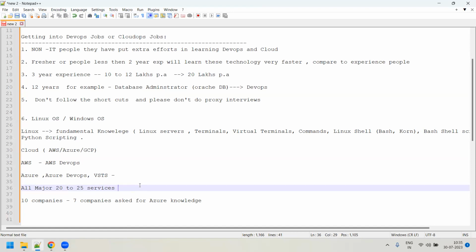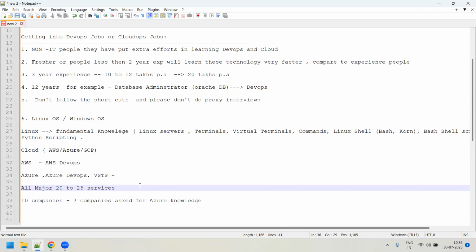Tell in an interview process that you know only these things, because what happened, right? They might ask you many things in cloud technology which you might not be aware of at all. But still, with these 20 to 25 services, whatever you talk about, you need to be an expert in that, answering any of the questions related to that.